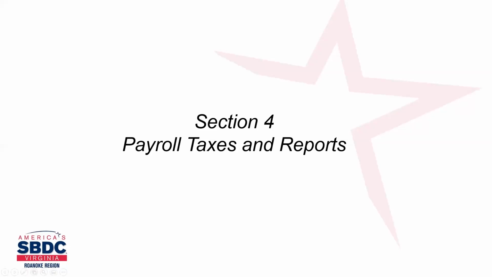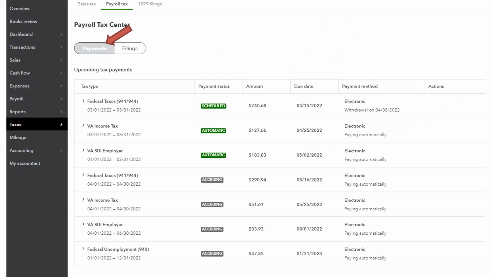All right, so now we're going to talk about the payroll taxes section. And again, this refers back. If you go under taxes and then click on this little button that says payments, it's going to take you to this section here. This section is going to show you the taxes that are scheduled to be paid. Now, this particular system is set up so it does automatically pay. In other words, you don't even log into QuickBooks, it will automatically pay it when it says it's going to pay it. And you'll see that it says federal taxes for March 1st through March 31st are scheduled to be paid